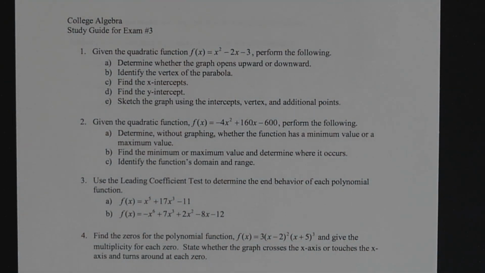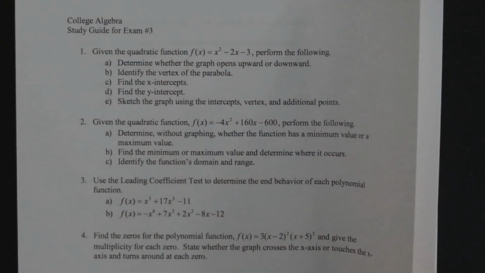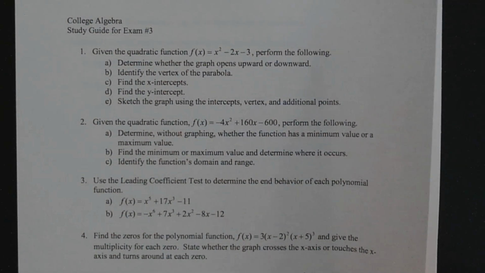Determine whether the graph opens upward or downward. And then identify the vertex of the parabola. Then find the x-intercepts and then find the y-intercept. And then in part E, you're to sketch the graph using the intercepts, vertex, and sometimes some additional points that you might need in order to graph that parabola. Okay, so